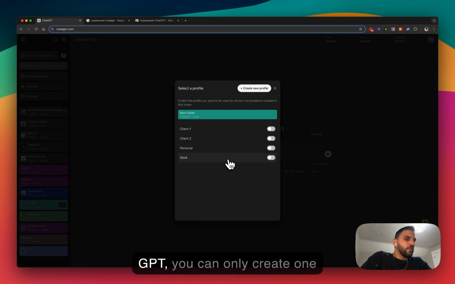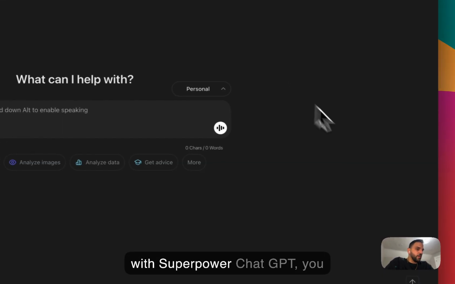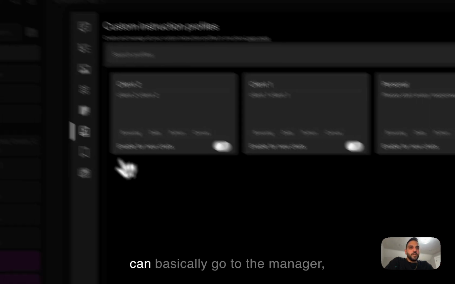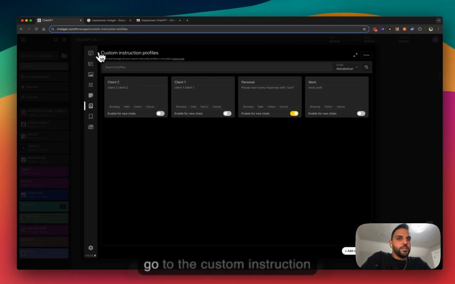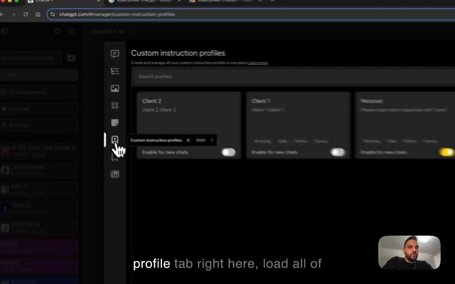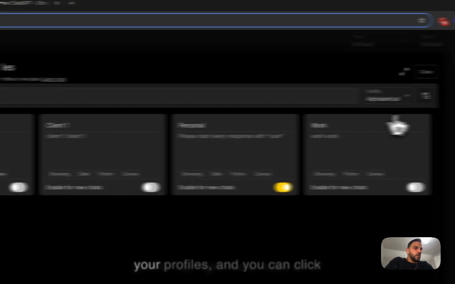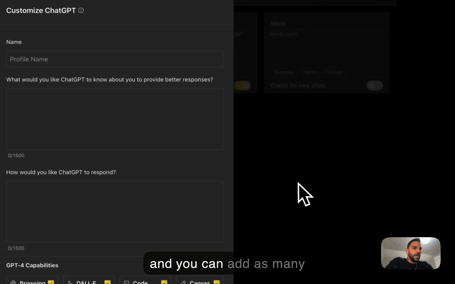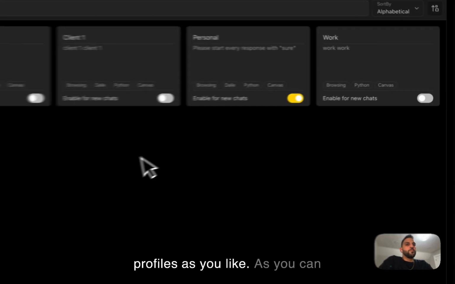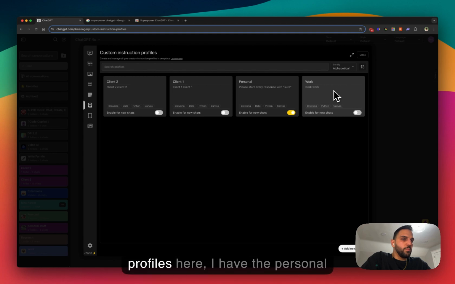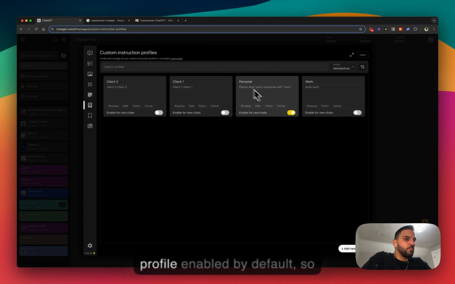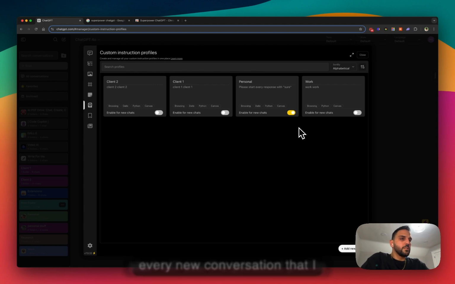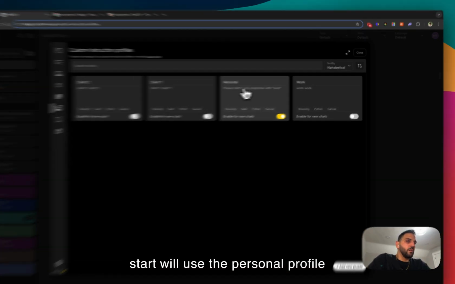With default ChatGPT, you can only create one custom instruction profile, but with Superpower ChatGPT, you can go to the manager, go to the custom instruction profile tab right here. It will load all of your profiles, and you can click on add new profile here, and you can add as many profiles as you like. As you can see, I already have 4 example profiles here. I have the personal profile enabled by default,